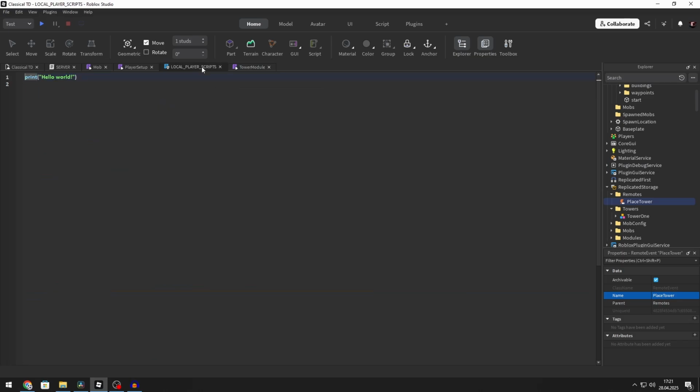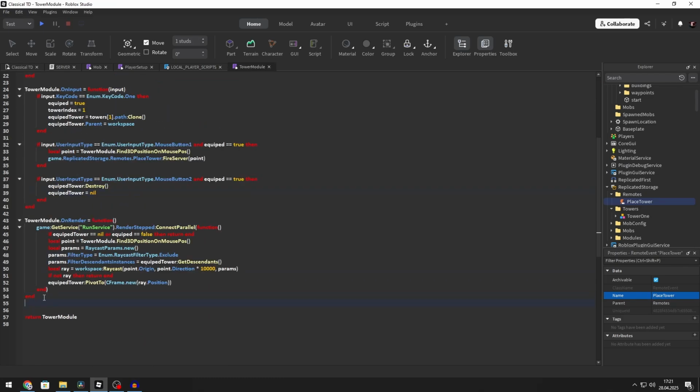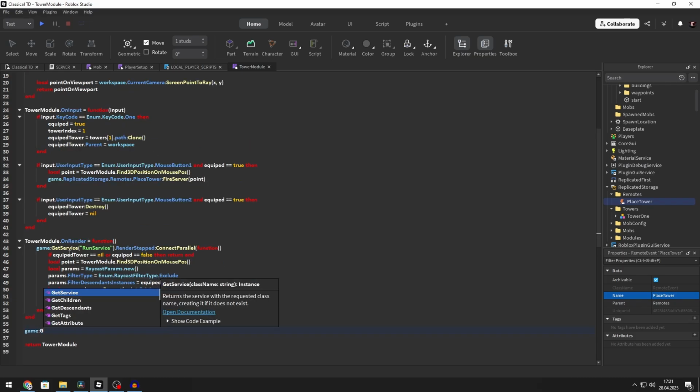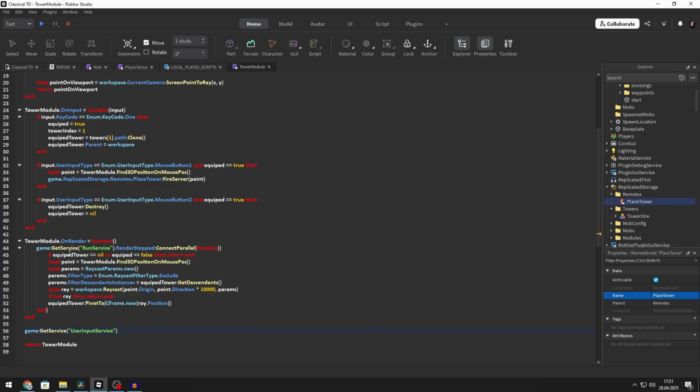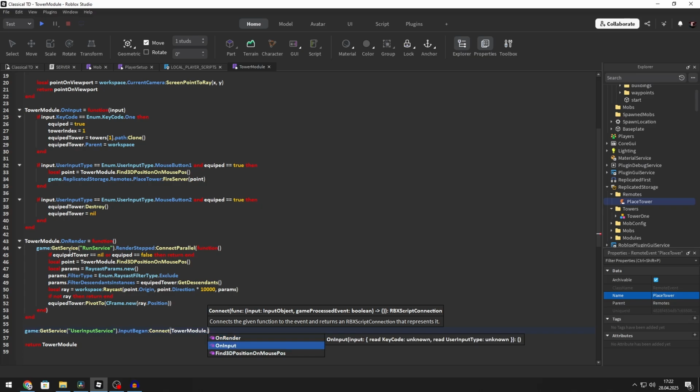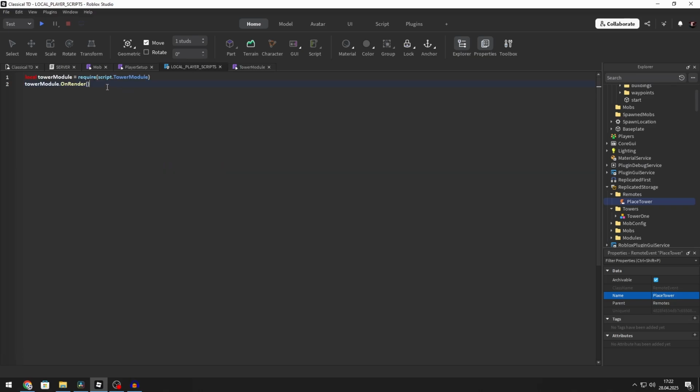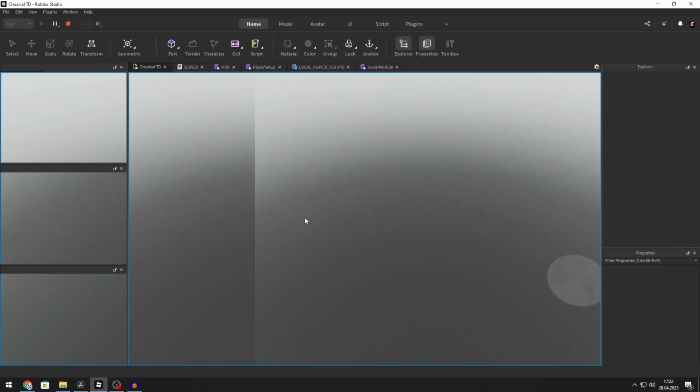Okay, so now the local script, so load the tower script, so tower module is require script dot tower module and tower module dot on render, and also game get service is user input service, and input began is important and connected to the tower module dot on input. Yeah, so now if I run this,